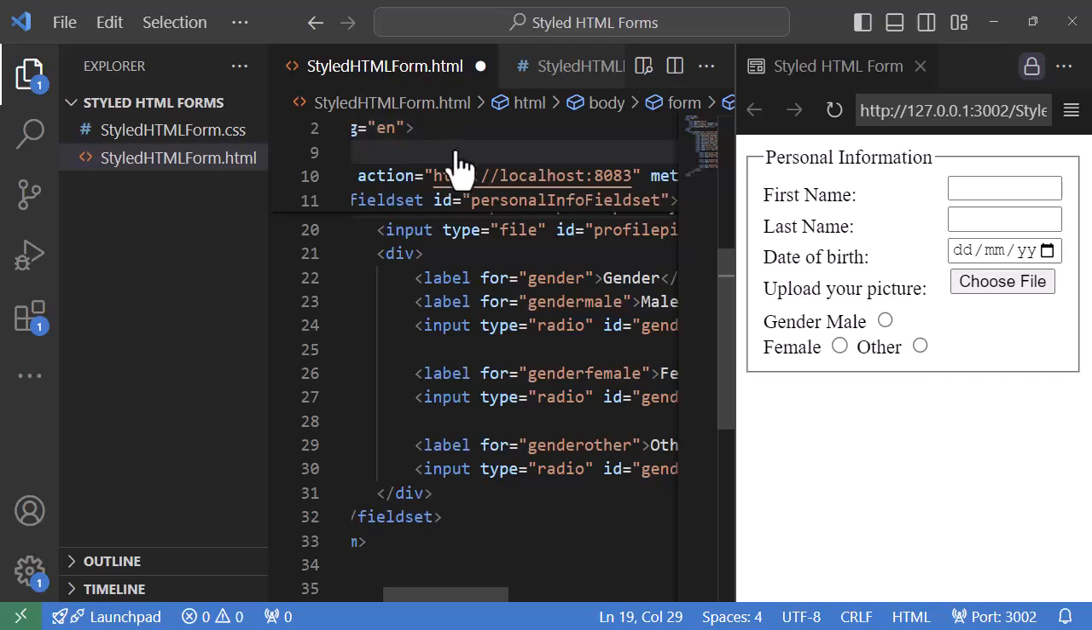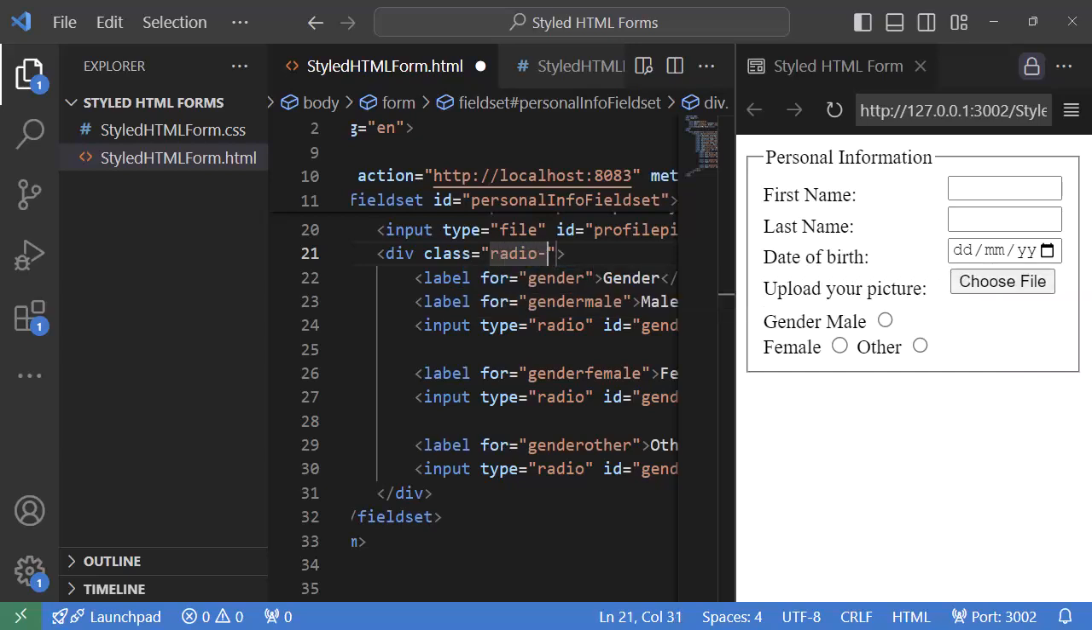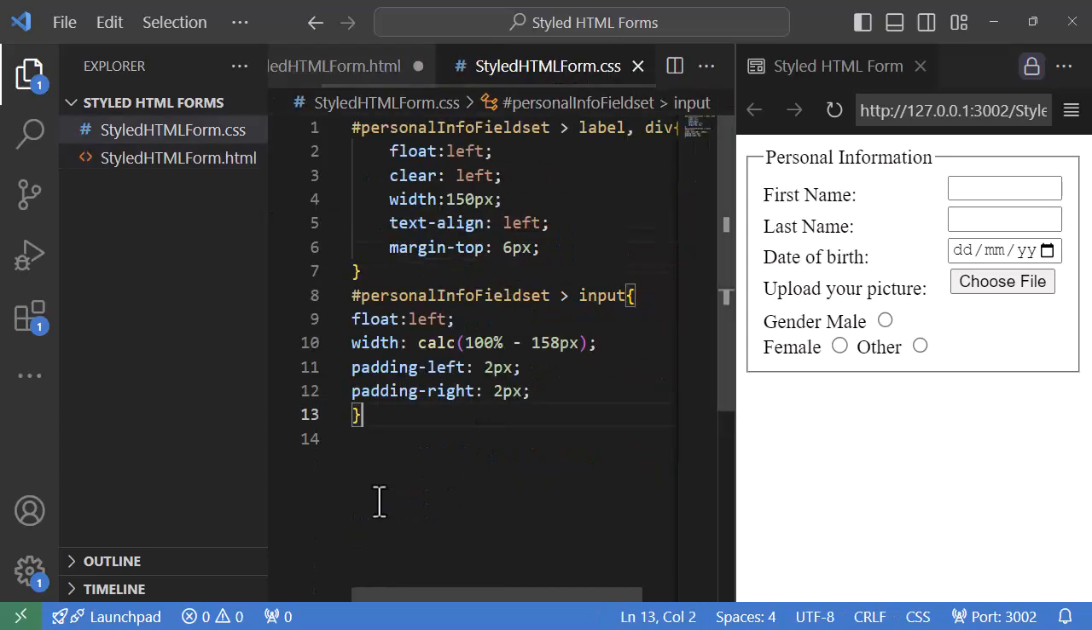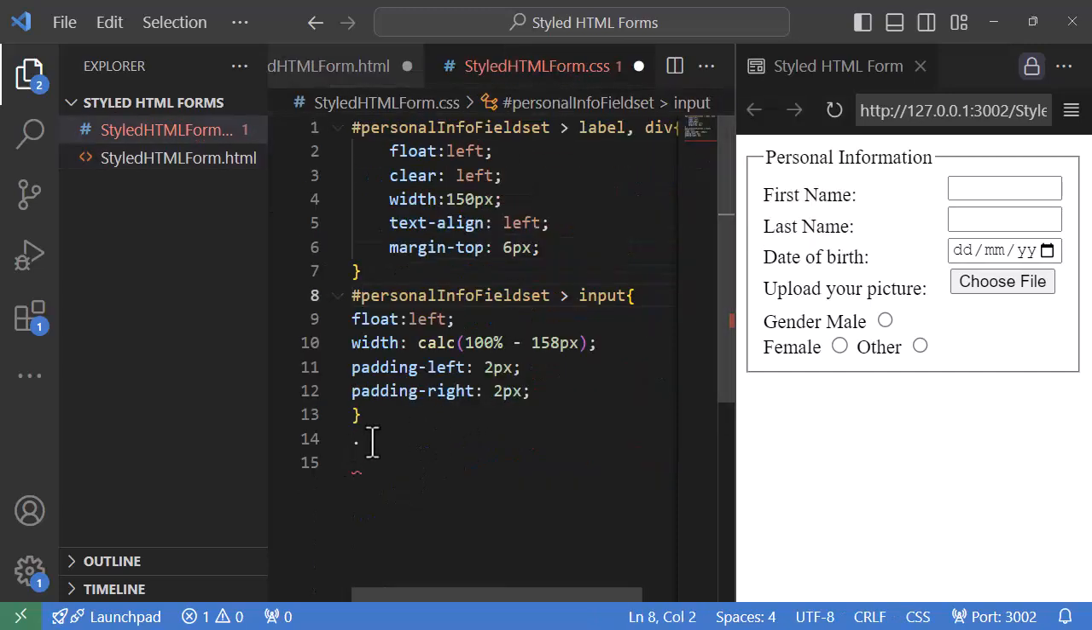So let's introduce a class for that div. In fact, let me say class equal to radio-buttons. Okay, and here we go. We say dot, and dot stands for a class-based selector, compared to the hash, which is an ID-based selector. So we gave the class radio-buttons to this div. So here we are using a class selector. So we do div